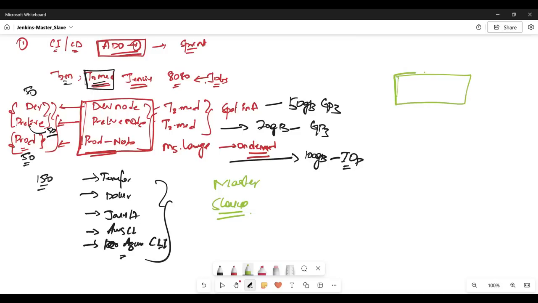This is my master node. How do you call your EC2 instance a master node? You have to install Jenkins on it first. All right, this will be my T2 medium with a 50 GB volume. In today's session I'll take 20 GB only, but in real time I'm telling you. And what else? This is medium and then a 50 GB volume. And once after installing Jenkins, if you log into Jenkins by accessing port 8080, under Manage Jenkins